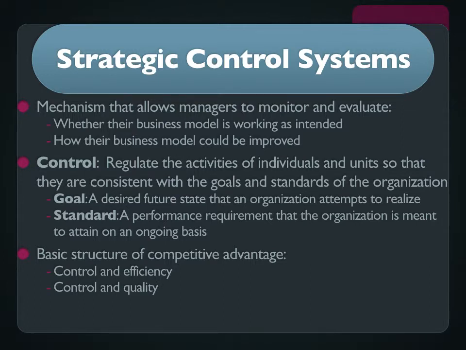It's also an important way of maintaining quality. Having control systems that make sure of this is one of the reasons McDonald's is able to produce such large volumes of, you can say questionable quality, but quality food that's good enough for many people to eat: they have very tight control systems. Then innovation and control: having systems that allow you to identify new opportunities or new ways of combining things. So when is something going really well that's unexpected?